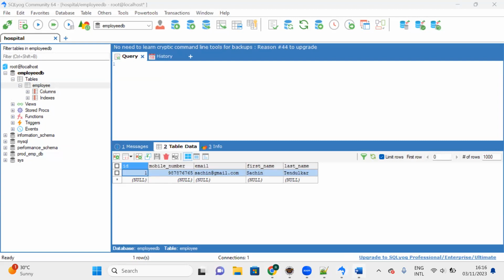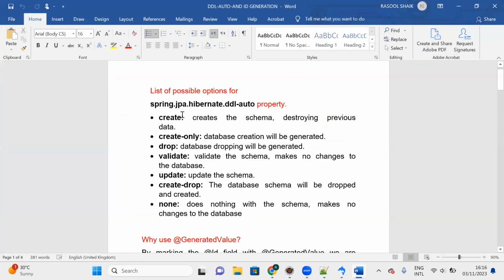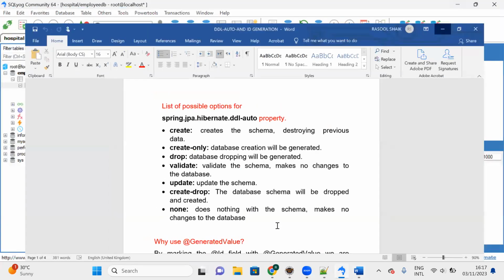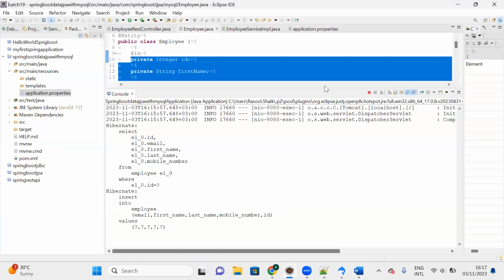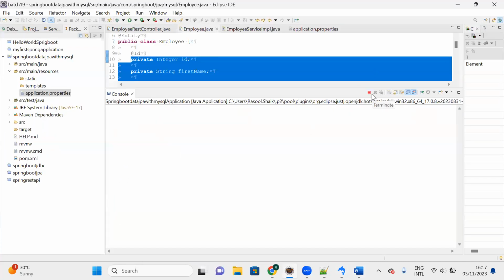Now we are talking about the DDL auto value create. The employee is created now, right? What is the purpose of this create? It will create the schema and destroy the previous data. We have inserted the data, right? If you stop the server, what will happen? Let's see. If you stop the server,